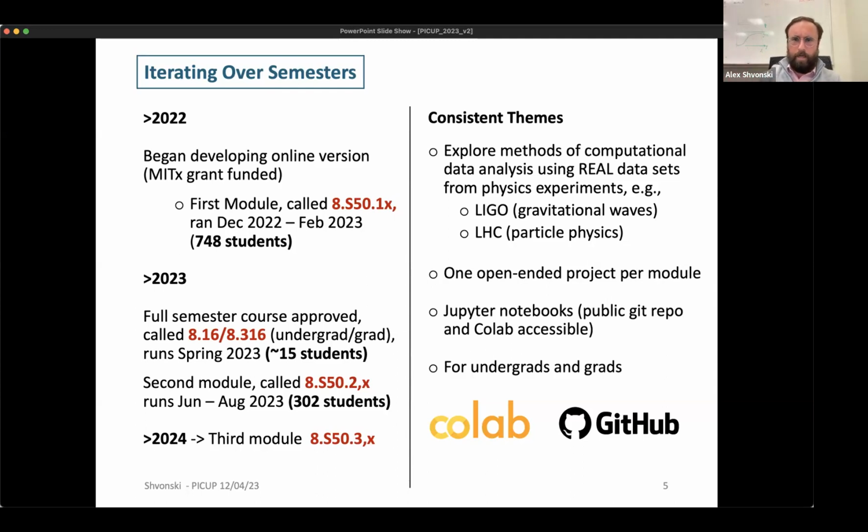Amongst all of these iterations, consistently the course explores methods of computational data analysis using real data sets. And there's one project for each of the modules of the course. In 8.S50.1, for instance, the project culminated in analysis of LIGO data. We have structured this so that they're run in Jupyter notebooks with a public Git repository. And everything is also compatible with Colab, so you don't have to just run these Jupyter notebooks on your local machine. You can run them